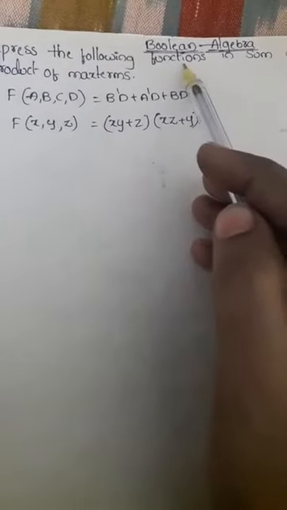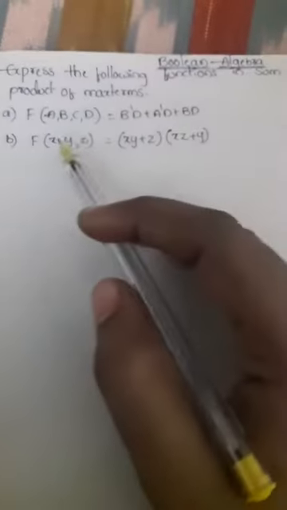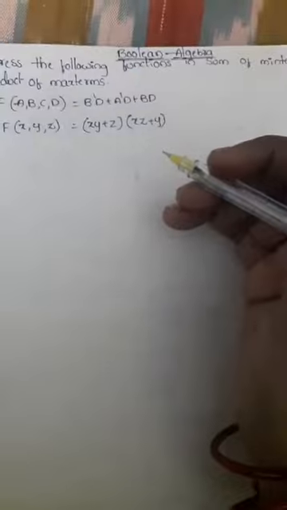So in this class we are going to discuss some problems related to Boolean algebra. Already we discussed how to solve a Boolean expression by using Boolean theorems and Boolean laws. Already we know that Boolean algebra has two functions, sum of minterms and product of maxterms. That means we have two concepts, canonical form and standard forms.